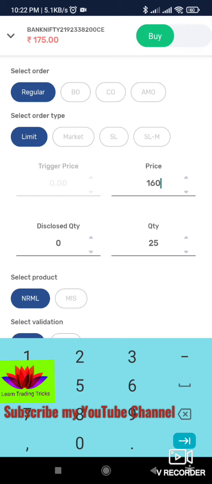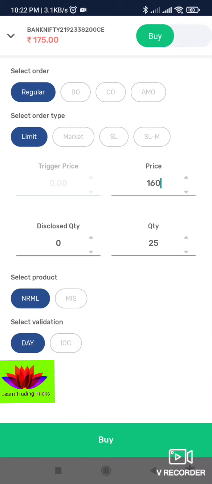I mention it in the price option. If it comes from 175 to 160, then it will automatically execute. Then you have to select normal and day. After that, you place the order with the buy option.